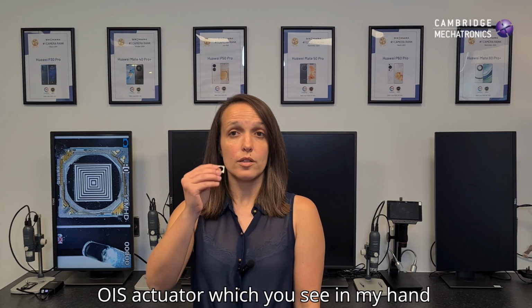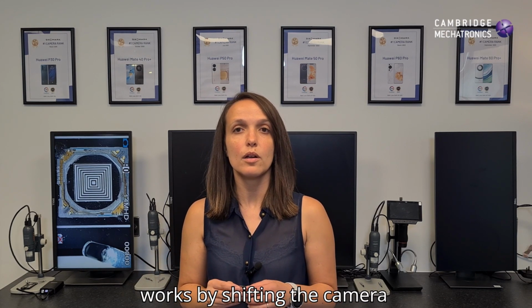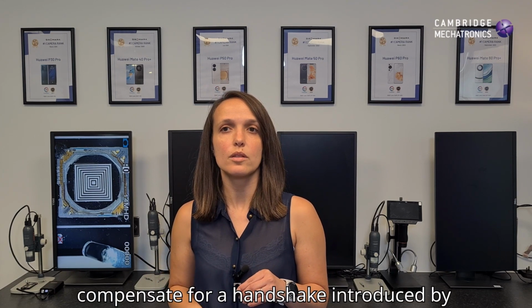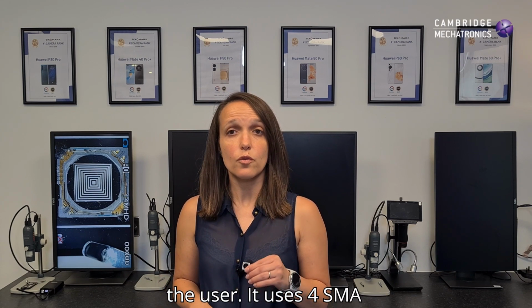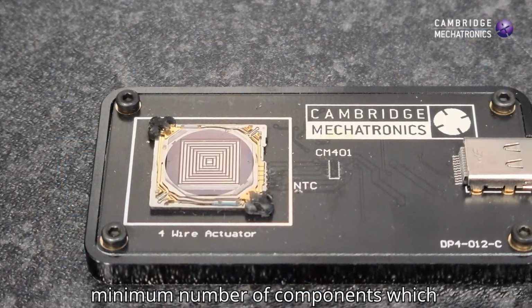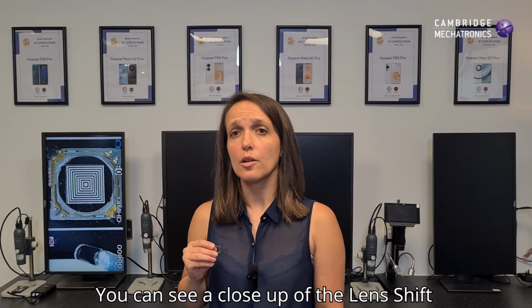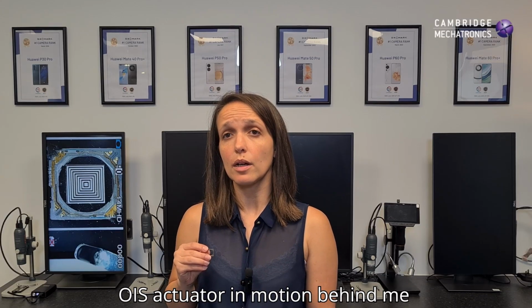The Lens Shift OIS actuator, which you see in my hand, works by shifting the camera axes in the X and Y to compensate for a handshake introduced by the user. It uses 4 SMA wires, thinner than a human hair, and a minimum number of components, which results in a very compact form factor. You can see a close-up of the Lens Shift OIS actuator in motion behind me,